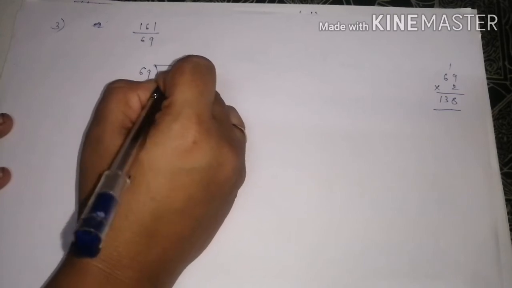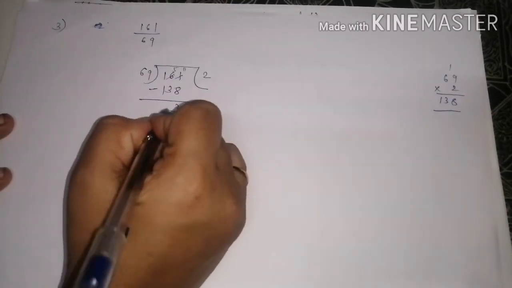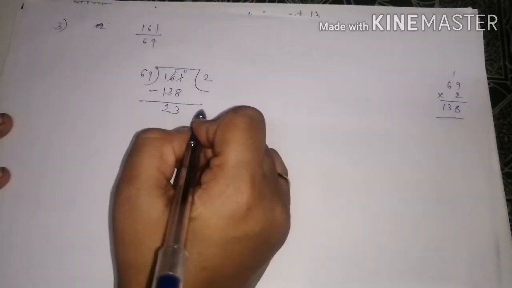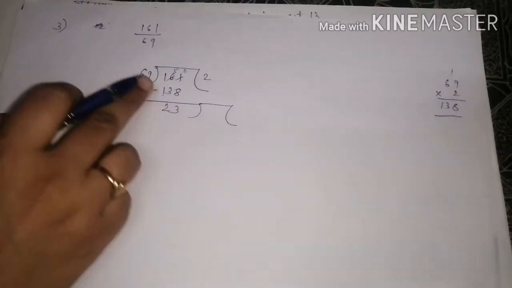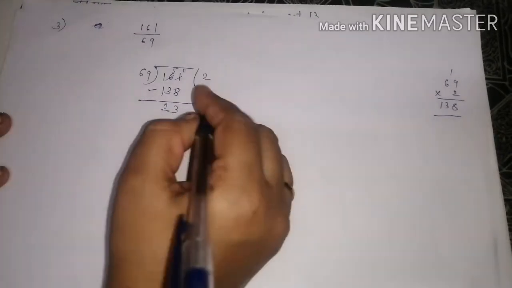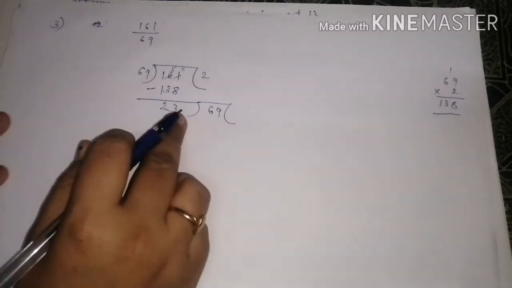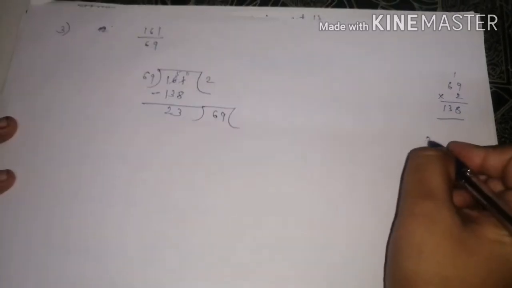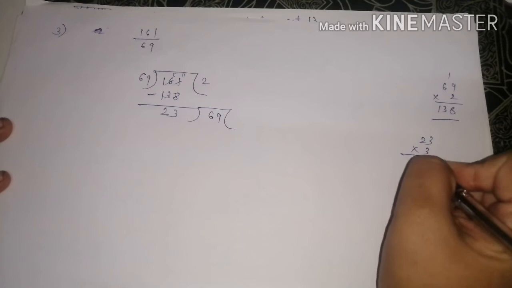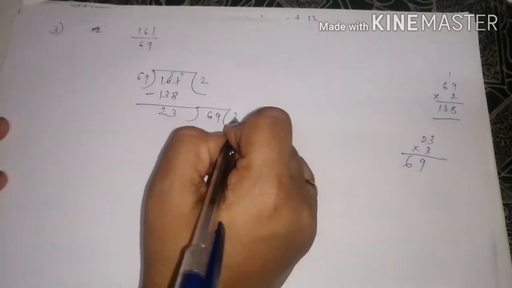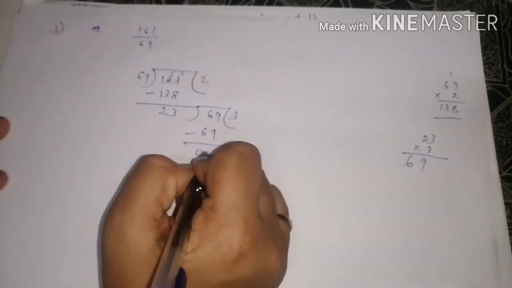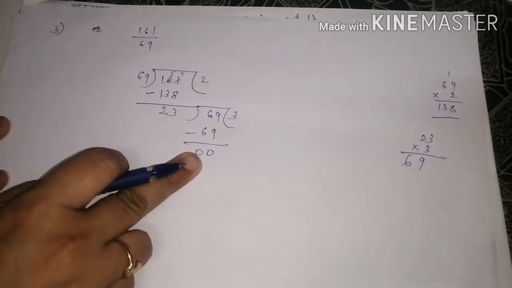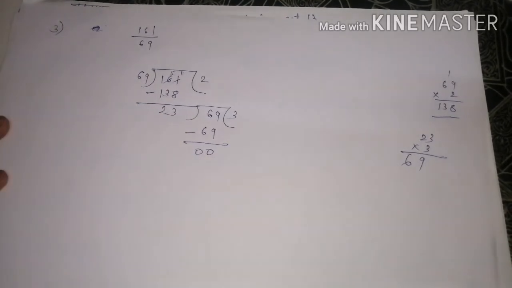It is 11. Here it is 5. 11 minus 8 is 3. 5 minus 3 is 2. Now here what will you take? Greater than 23 is 69. So here the dividend you will take as 69. In the 23 table, 69 comes. 23 threes, I think. So 3 3s are 9, 3 2s are 6. So 23 threes are 69. You got the remainder 0. So this will be your HCF.